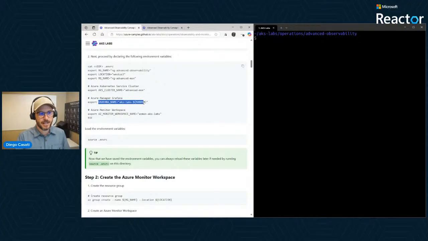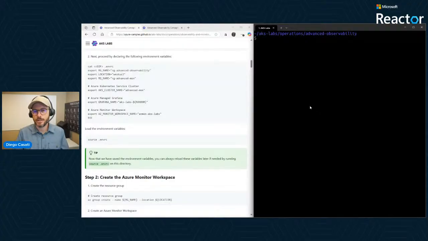The Grafana name, which we're gonna be using AKS-labs as a prefix. Now I have random in here. I'll explain to you why. This is because when you create a managed Grafana instance in Azure, you do get a FQDN, that is a fully qualified domain name with a public IP address that folks can access through the internet.